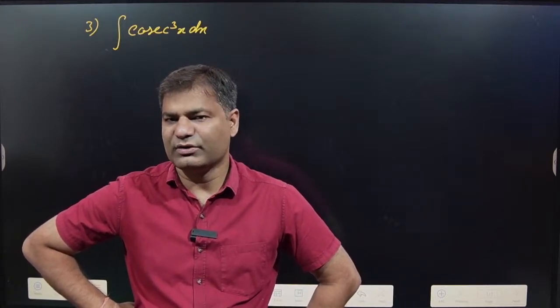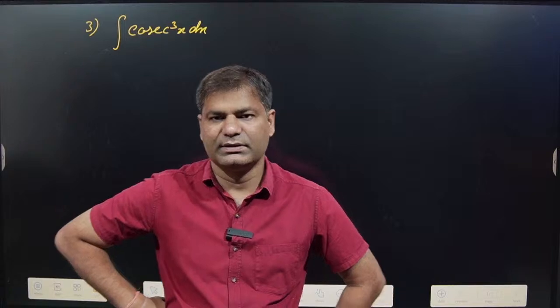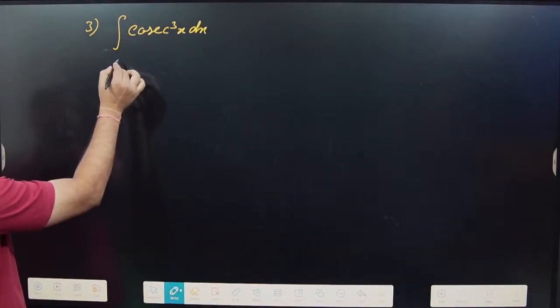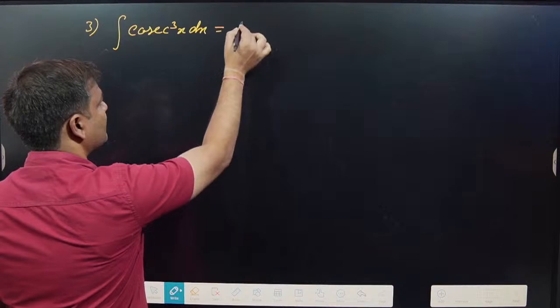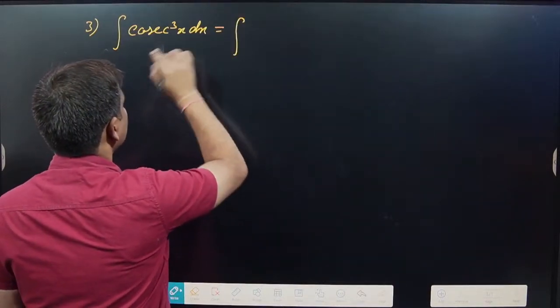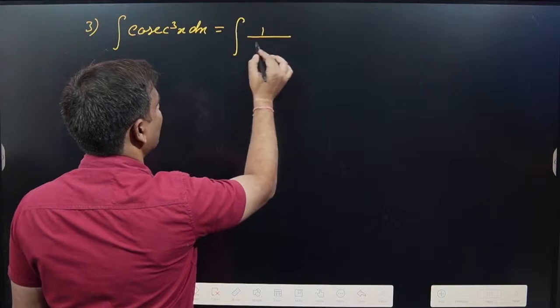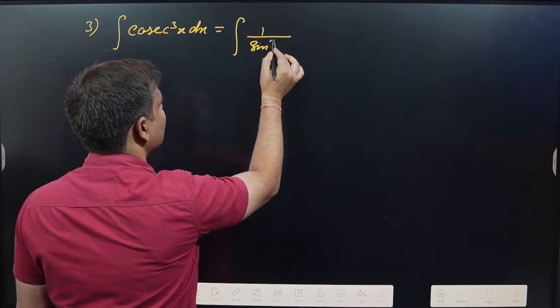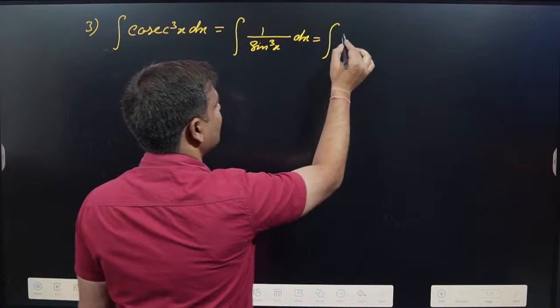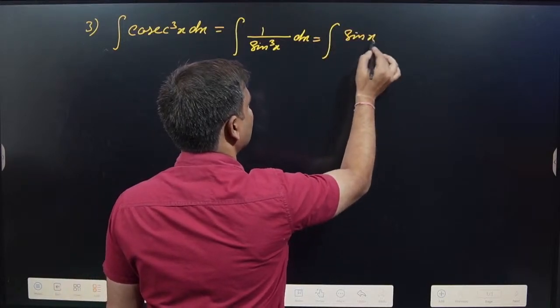This question you can do by many methods, but how can we simplify more? If this is written here, cosec cube means 1 by sin cube x dx, or if we multiply by sin,